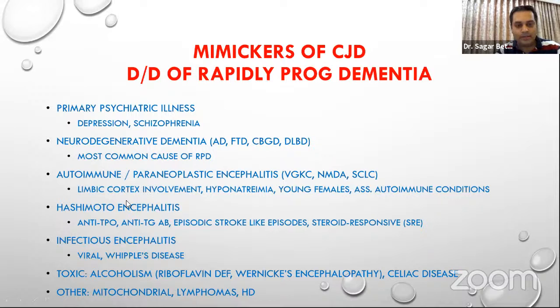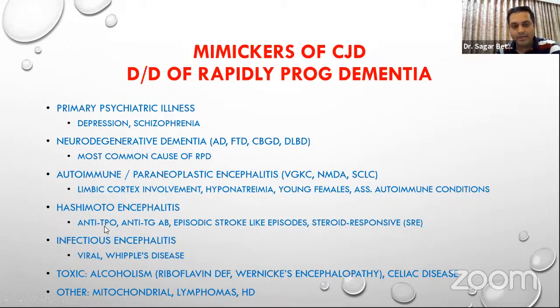The other contender in the autoimmune category is Hashimoto's encephalitis, which can also have rapid cognitive decline, myoclonic jerks, sometimes specifically stroke-like episodes, which are completely reversible. They may or may not have anti-TPO and thyroglobulin antibodies. So there is no relation with the thyroid function for Hashimoto's encephalitis, but it can sometimes have strongly elevated TPO